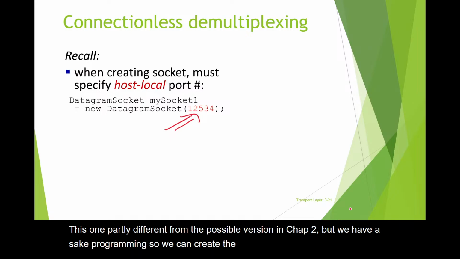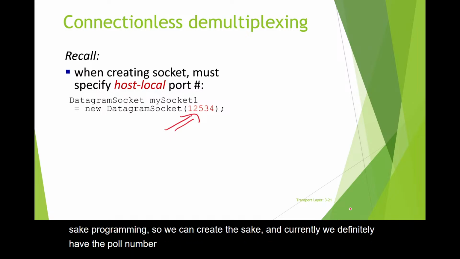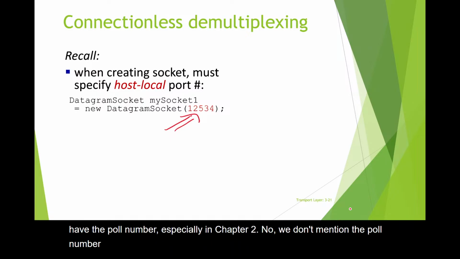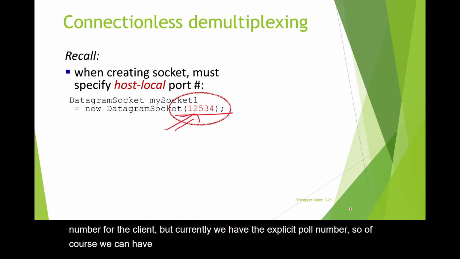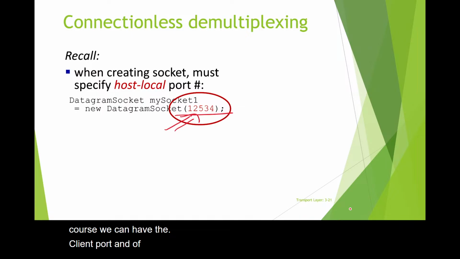And currently, we already have the port number explicitly. In chapter 2, we don't mention the port number for the client. But currently, we have the explicit port number. So of course, we can have the client port. And of course, we want to specify the server port number.